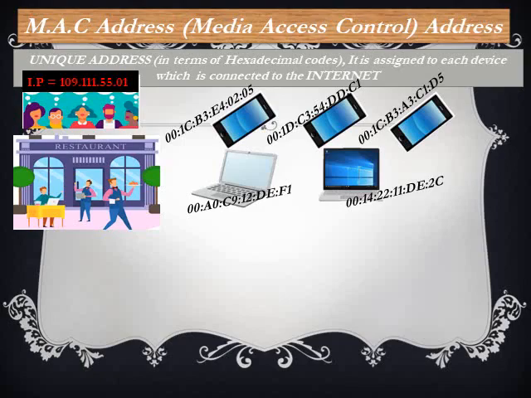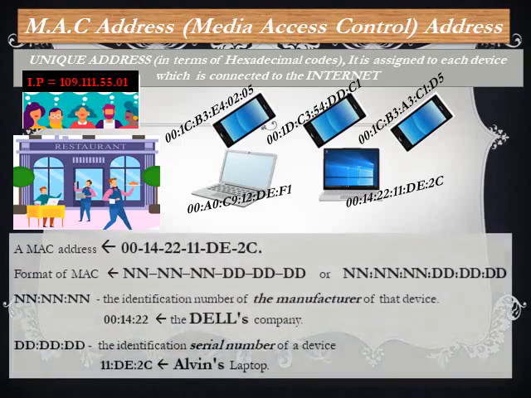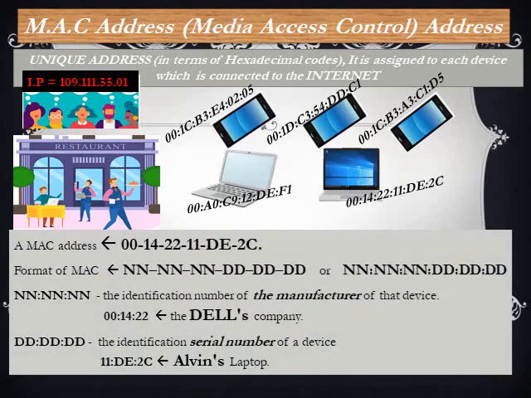Here is how a MAC address looks. Take this as an example of a MAC address of a device: 00-14-22-11-DE-2C. The format here is NN-NN-NN-DD-DD-DD. Thus, the first half, the 3 groups of digits NN-NN-NN, is identifying the identification number of the